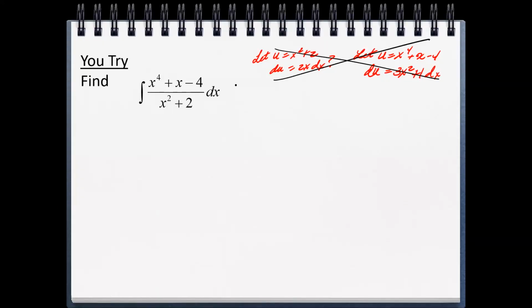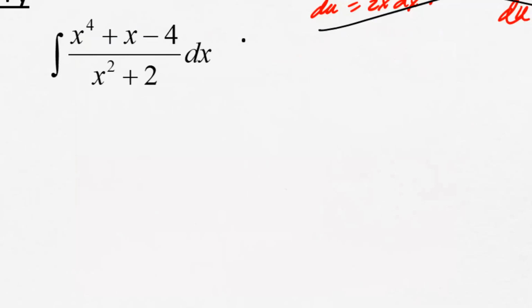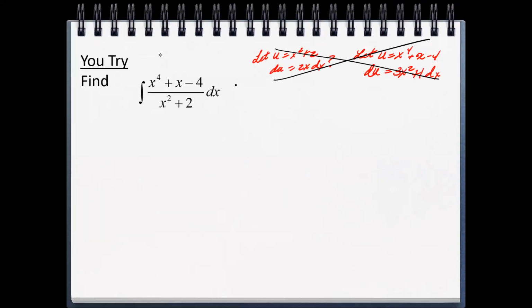So we're not doing that. I would have to go back and rewrite this somehow algebraically before I attempt to use u sub to integrate this. So remember, back in Algebra 2 Honors, you're able to divide polynomials because the numerator for this one is a power of 4 and the denominator is a lot smaller.